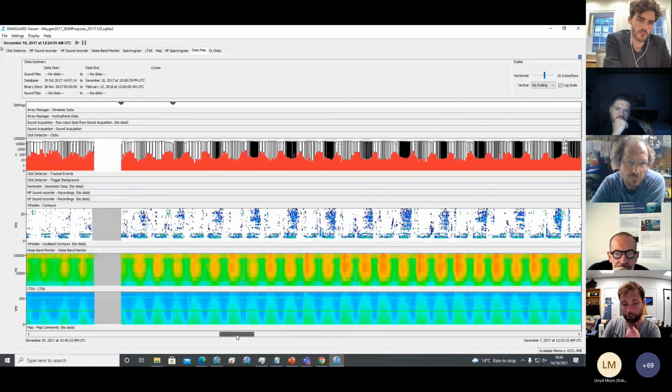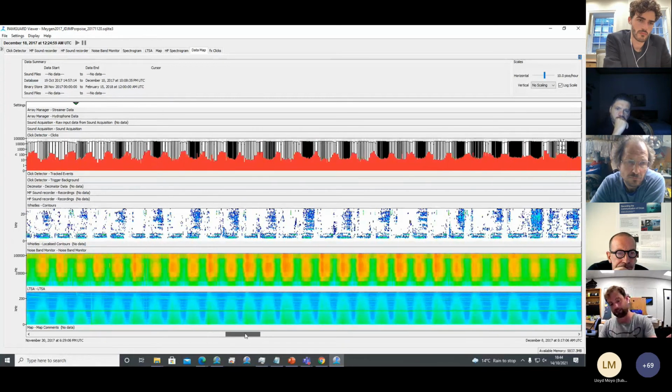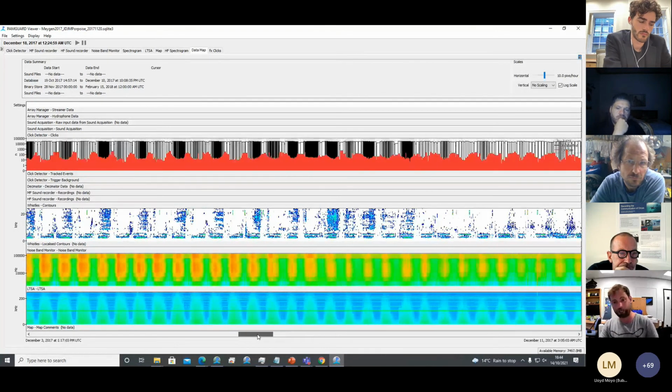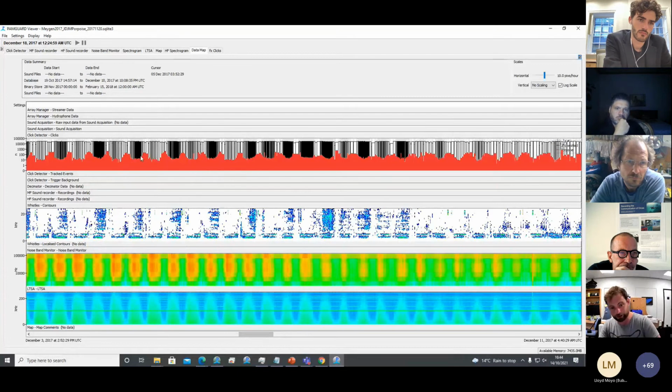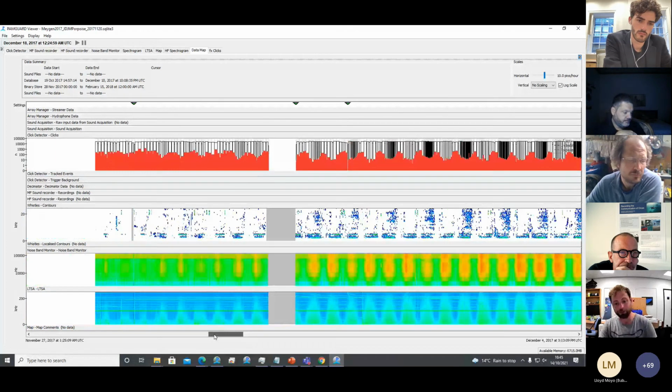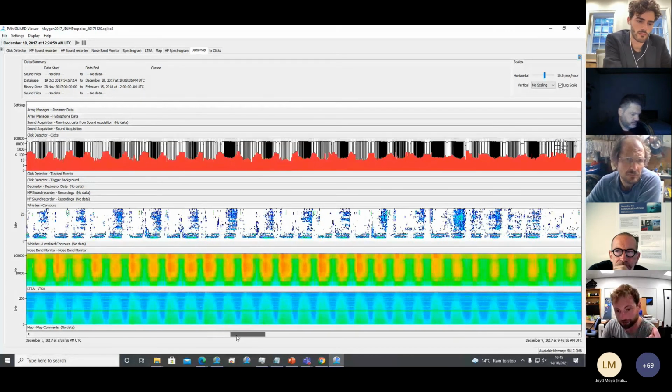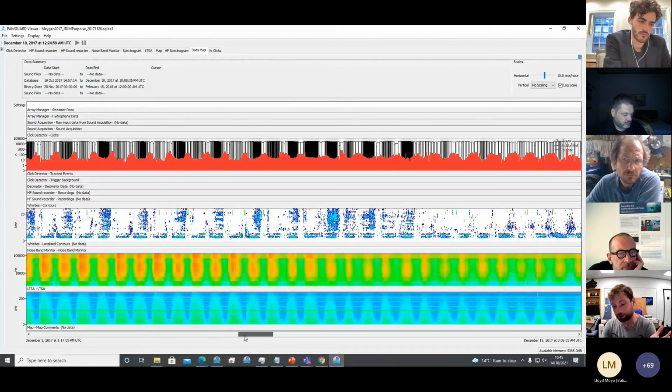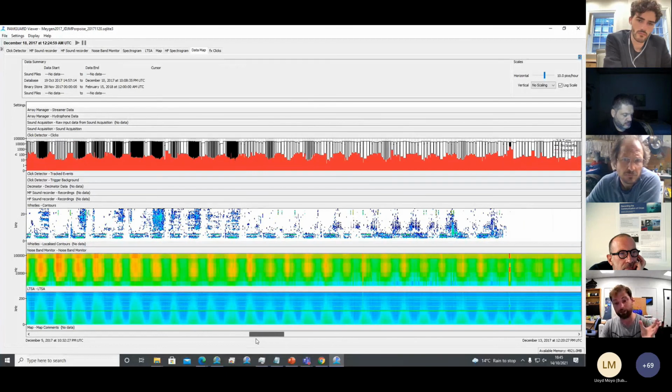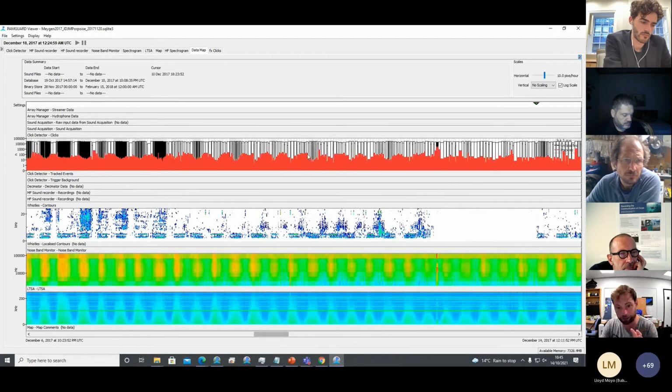But what we did was we ran this classifier in PAMGuard that was kind of okay. But you can see it's got this signature, which is the false positives that the classifier is producing with the tide, with different tidal states as well. So as an analyst, you can look through this data set, and we'd never be able to go through this whole thing by ourselves. But we can look through it and we can kind of go,